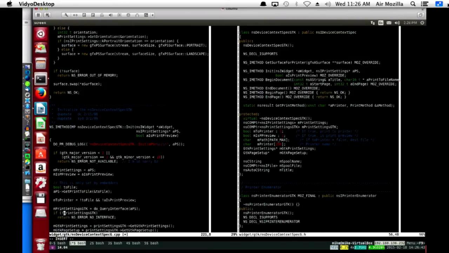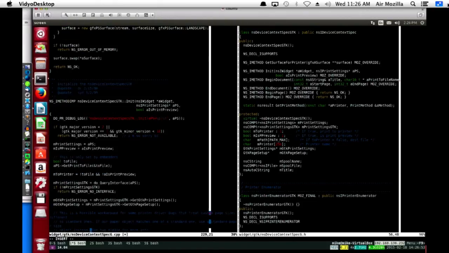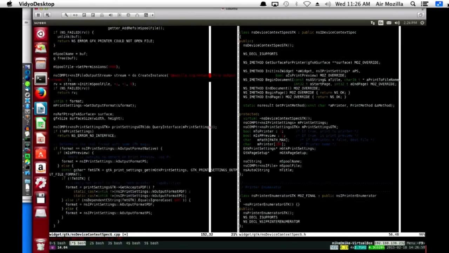If not, print settings GTK, and then that and that. Then was there anything else that used it? Print settings GTK. Just the stuff down here, actually. The stuff I used before. That's actually quite nice. I don't have to do that again.